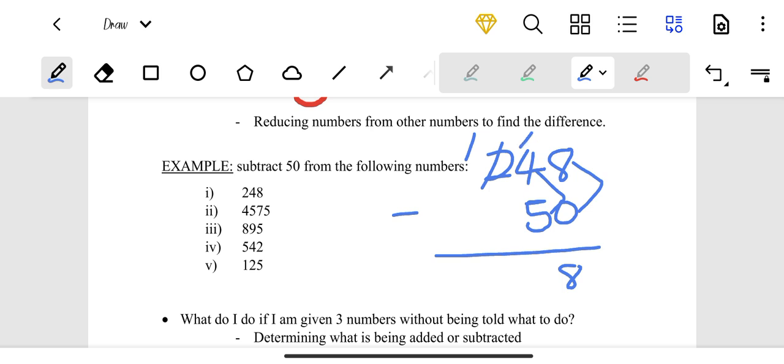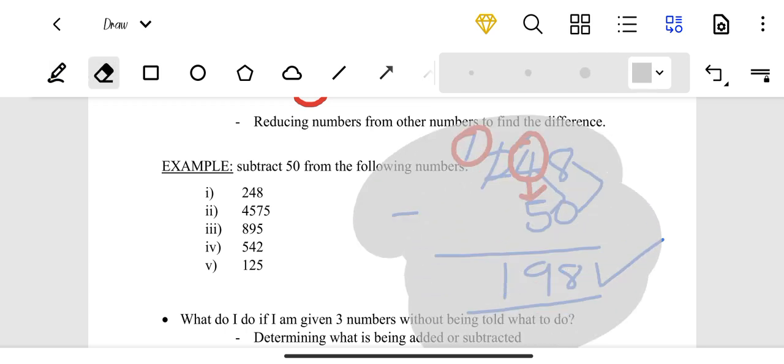Now I have a 14 there. So if I say 14 minus the 5, the answer is going to be a 9. Remember, I had this one, so I'm supposed to write my 1 there. And then I'm done with the answer. So let's jump to the next ones.